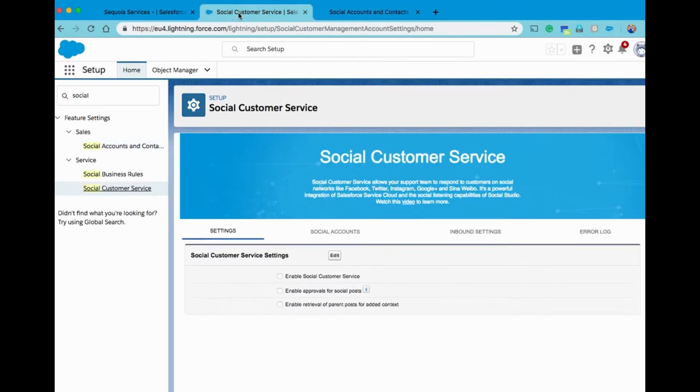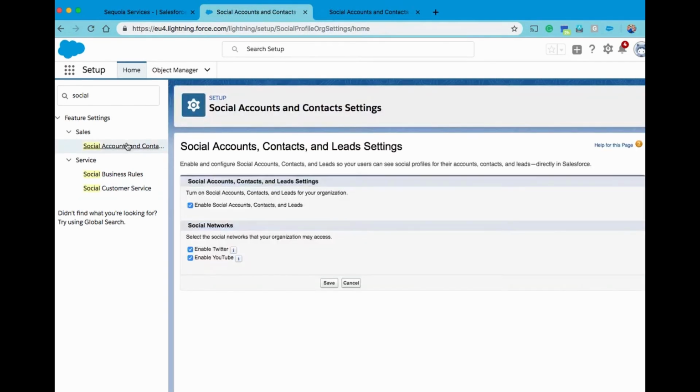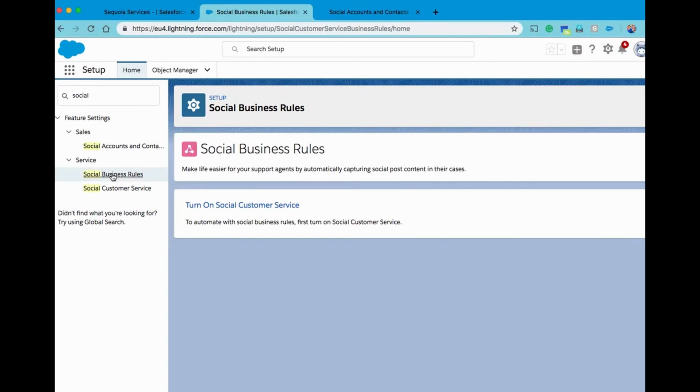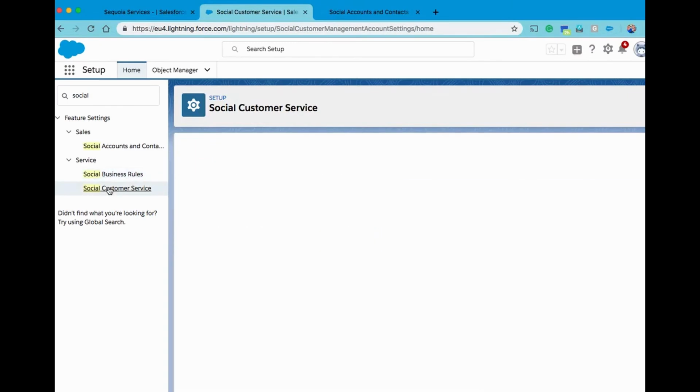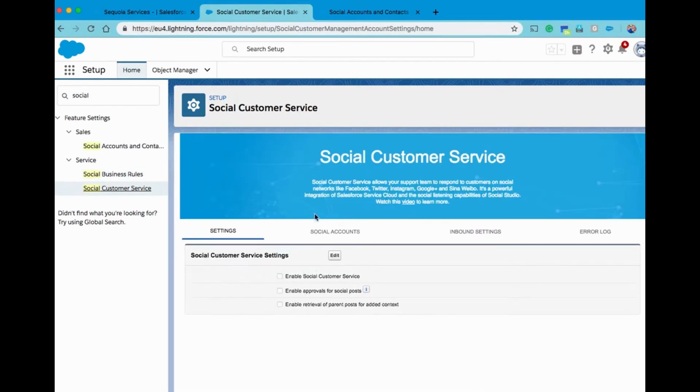This is a complicated version, meaning here, this is social accounts, right? Same sort of thing as you saw before. Then there's social business rules, which you need to set up. And when you turn this on, you have to have social accounts, like your corporate Twitter account, your corporate Facebook account. Got to think about this, your friendly customer service to enable social customer service. So when a tweet says your product is great, fantastic, or when it sucks, it immediately creates a case, or